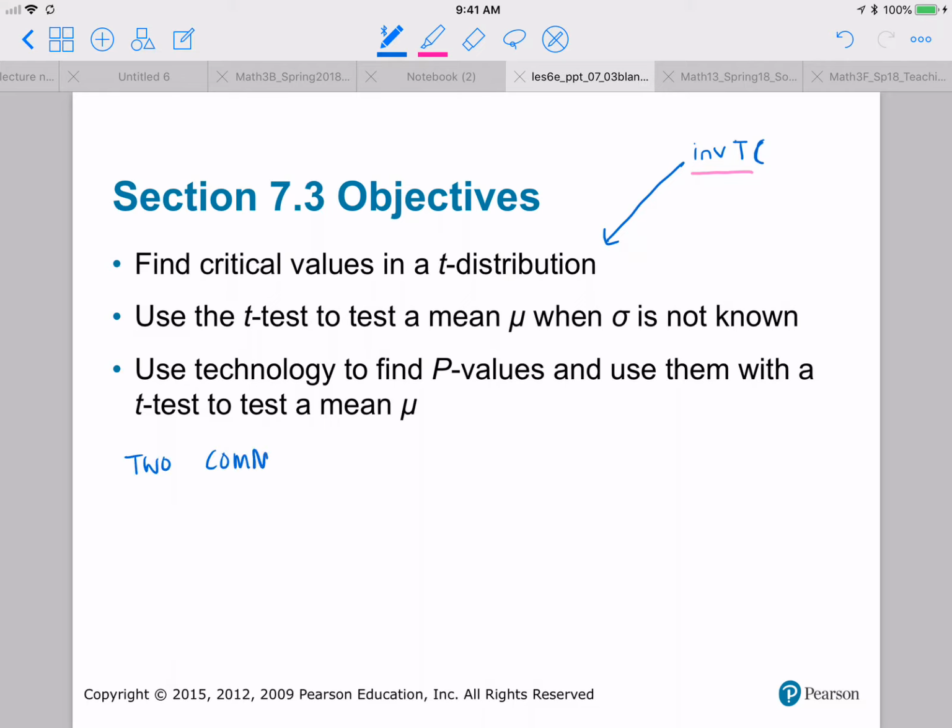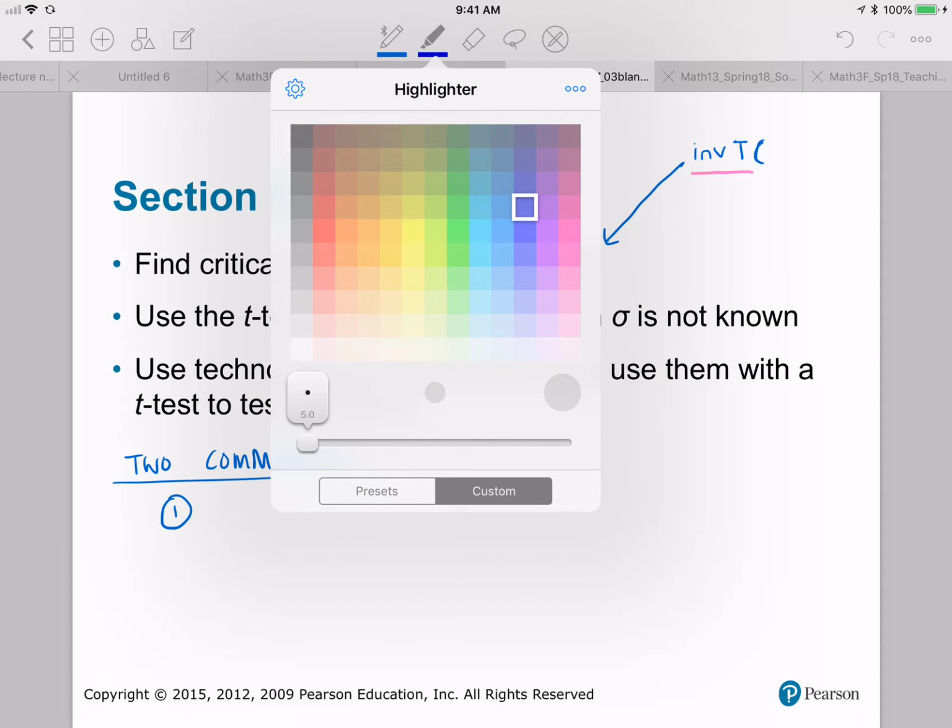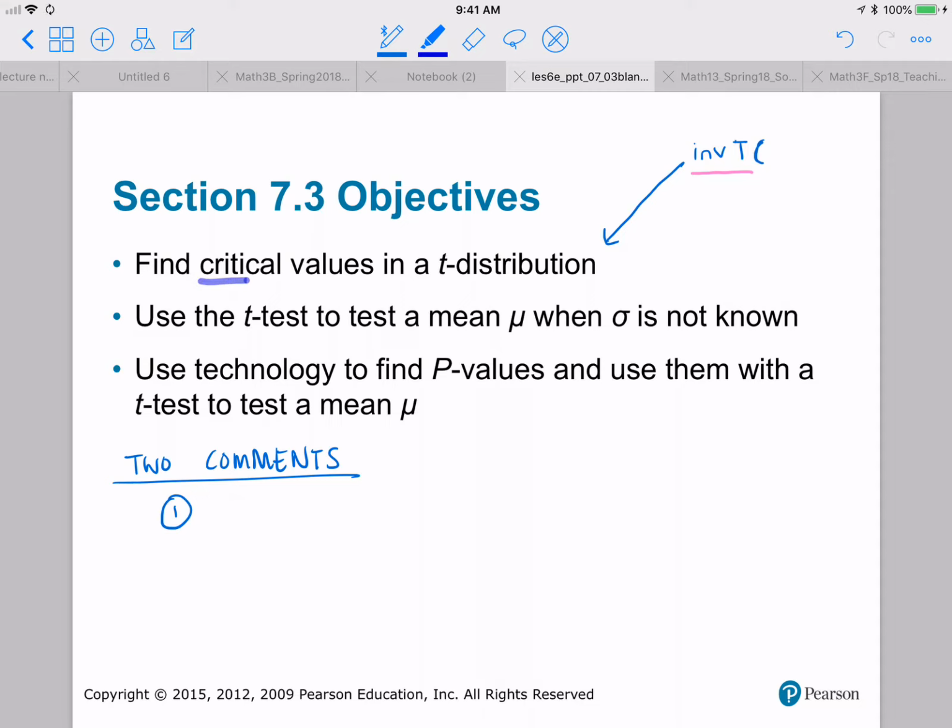Okay, so I've got two comments that I'd like to make. Number one, this is a general comment, chapter 6 versus chapter 7. When you are finding critical values for a confidence interval, that is different than critical values for a hypothesis test. Sometimes they're the same, but sometimes they're totally different. So here's the comment. The first comment is that critical values for confidence intervals